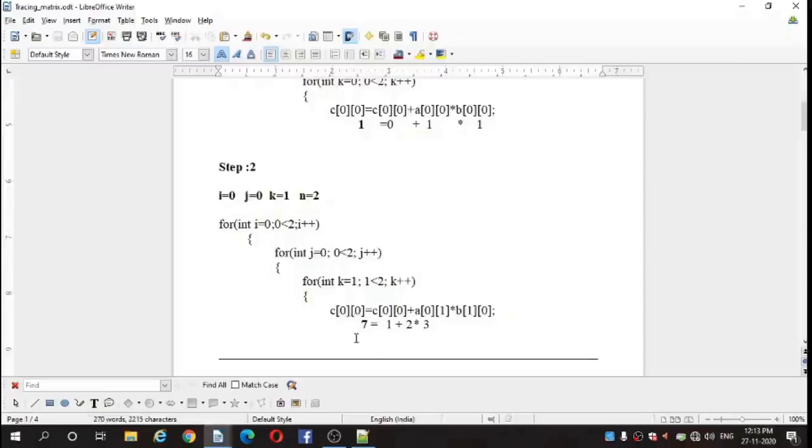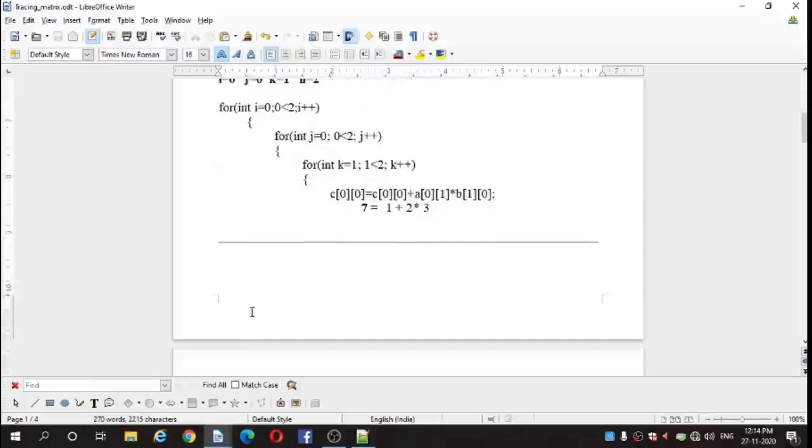We got the final output of the first element of matrix C, that is 7. Then again go to the for loop, increment the k value, that is 2. Then 2 is less than 2, it is false. Then come out of the loop and go for the outer loop, that is the j loop. Then increment the j value. This will be shown in the next step.